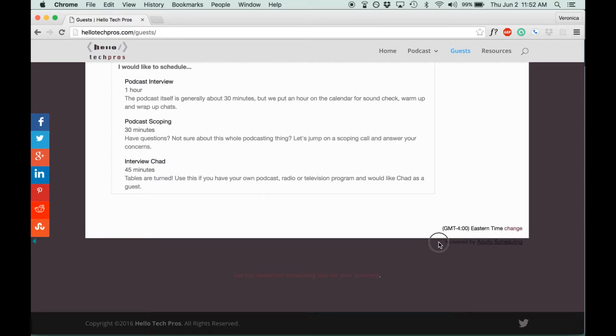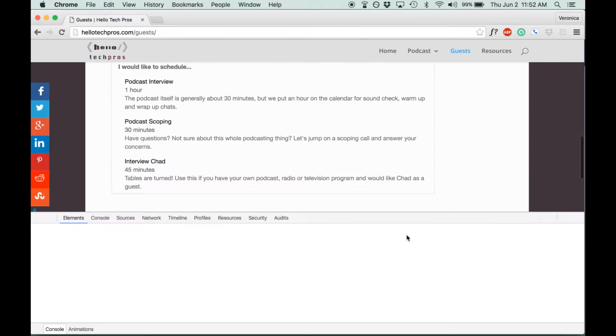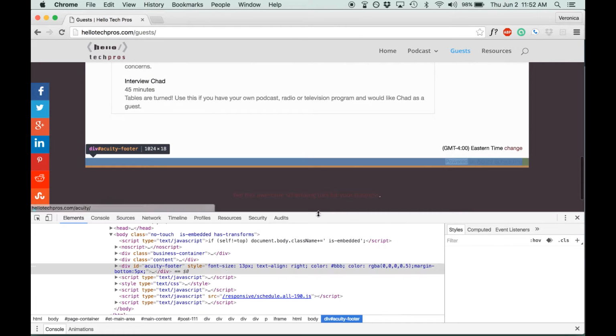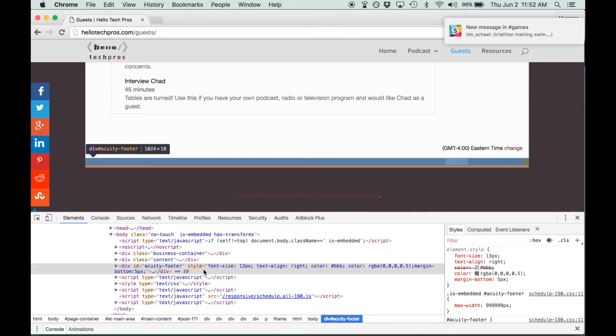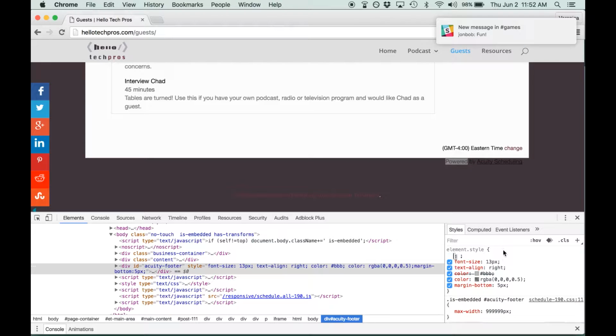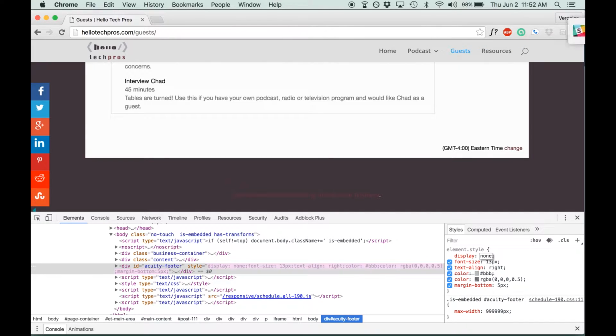Okay, so scrolling all the way down, powered by Acuity Scheduling. I understand that that's something you're maybe not able to remove. You can always inspect element down here. I'm just right clicking and then clicking inspect. I'm in Google Chrome. So for the Acuity footer, you could say display none and it would go away, and that would go in your